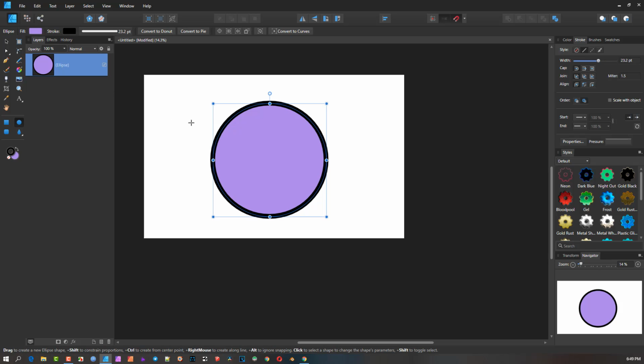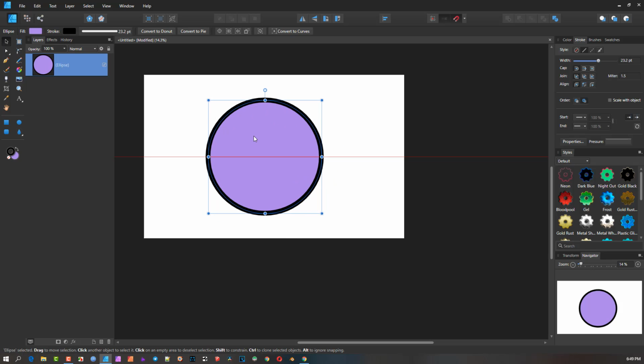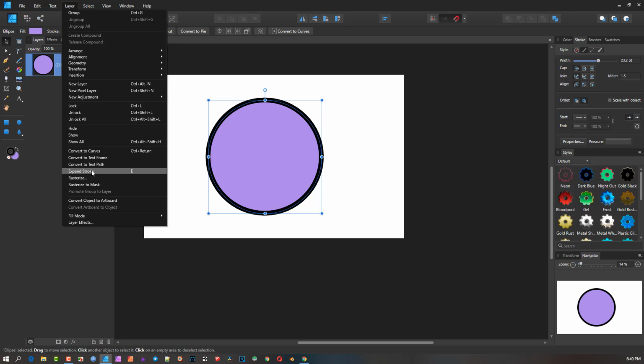What expand stroke means, it's going to take the stroke and remove it from this object. It's going to detach it. At the moment, the stroke and the fill-in color is one object. If you look here, it's just one object that moves. It's not separated. However, if you go to your layers and you go to expand stroke,